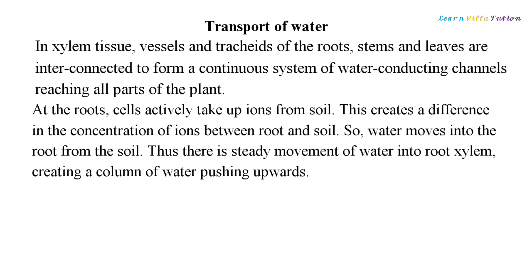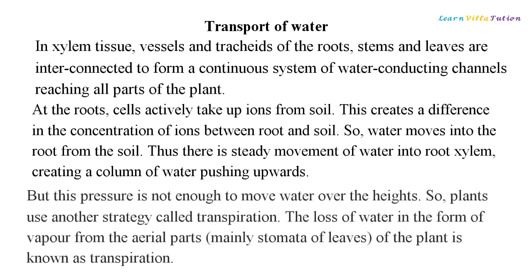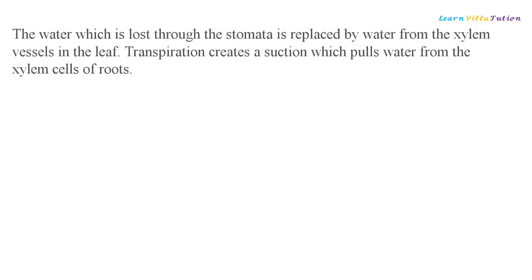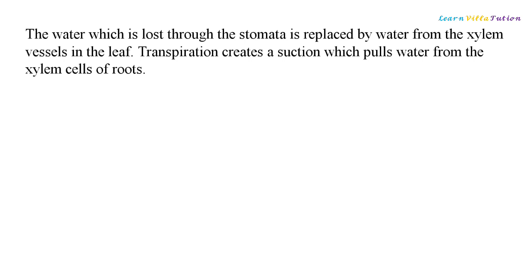Thus there is steady movement of water into root xylem, creating a column of water pushing upwards. But this pressure is not enough to move water over the heights. So, plants use another strategy called transpiration. The loss of water in the form of vapor from the aerial parts, mainly stomata of leaves of the plant, is known as transpiration. The water which is lost through the stomata is replaced by water from the xylem vessels